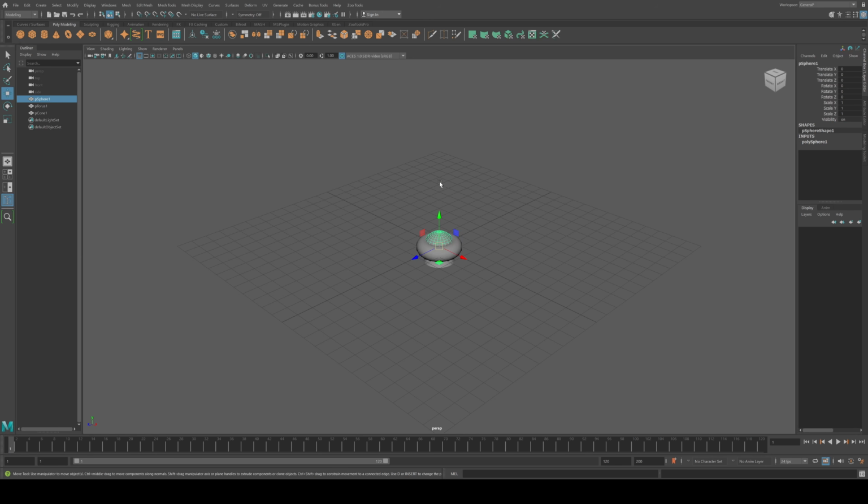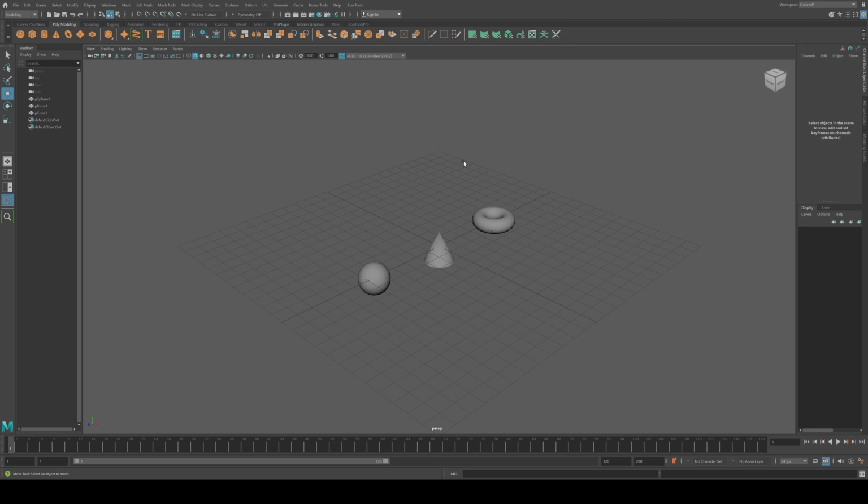Green is for the Y axis, which is vertical. And blue is for the Z axis, which is depth. You can drag these arrows to move your object into any particular direction. This allows you to move objects with precision, and it's essential in organizing your scene.